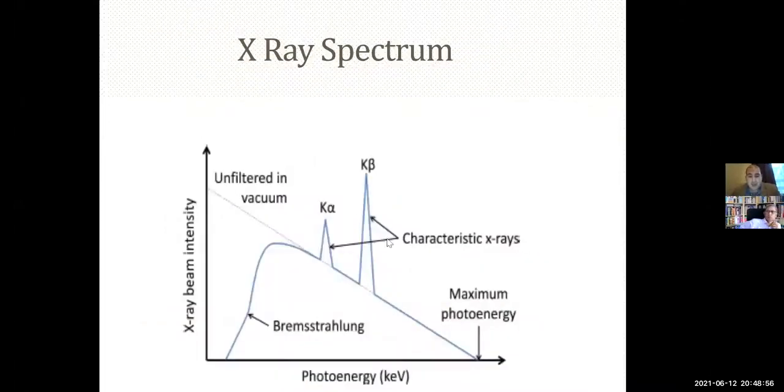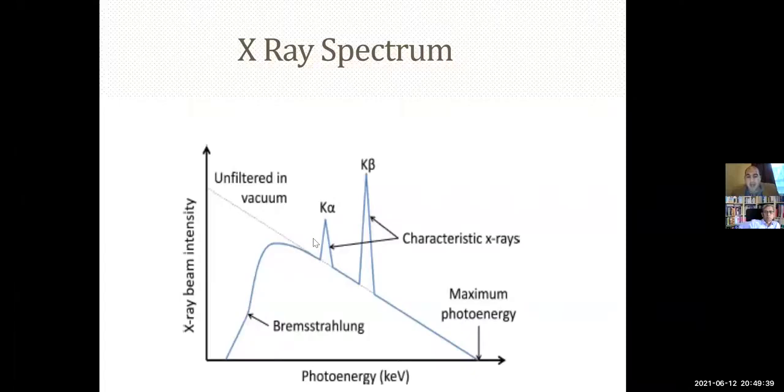So this spectrum is for the X-ray. If I ask you now, is the X-ray coming out from the X-ray tube monoenergetic or polyenergetic? Sometimes I get the answer from some medical physicists: monoenergetic. No, it's polyenergetic. You have to know very well that the X-ray coming out from the X-ray tube is polyenergetic. That means when you adjust the kilovolt to 120 kV, it doesn't mean that all X-ray photons coming out from the X-ray tube have energy 120 kV, but that most of the photons